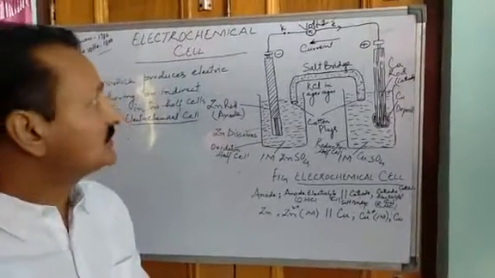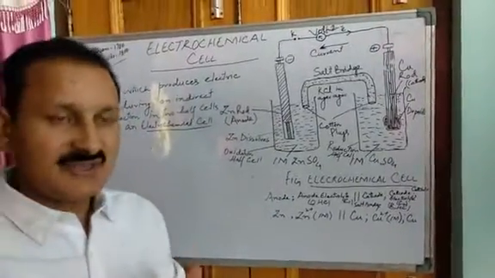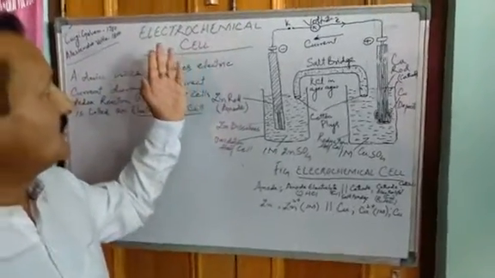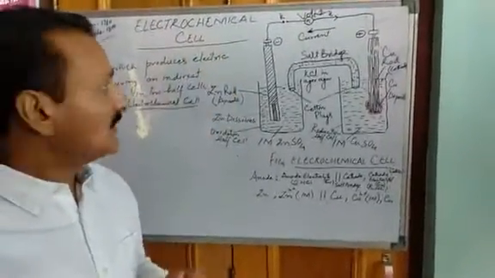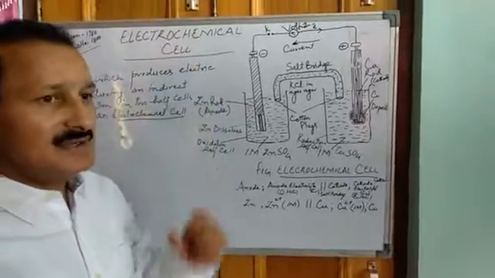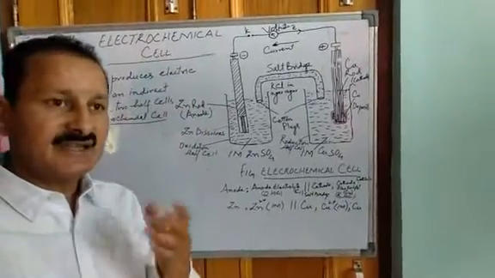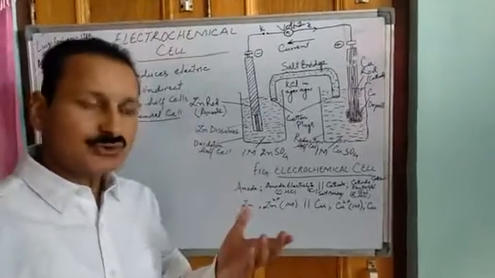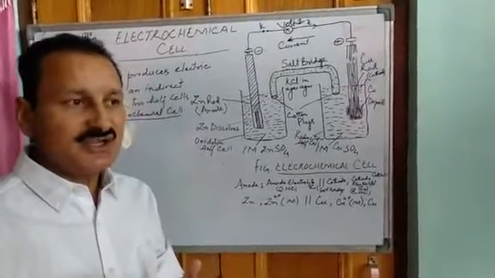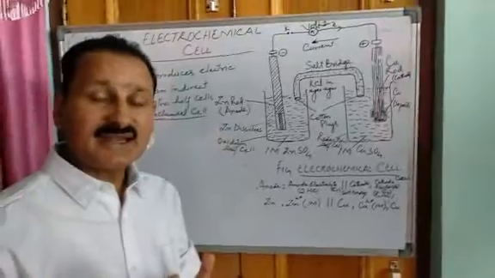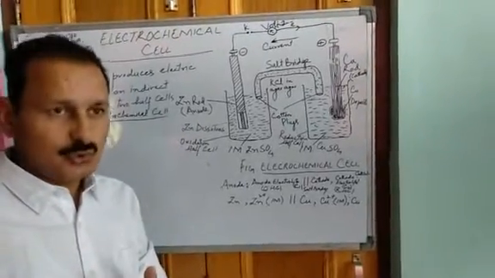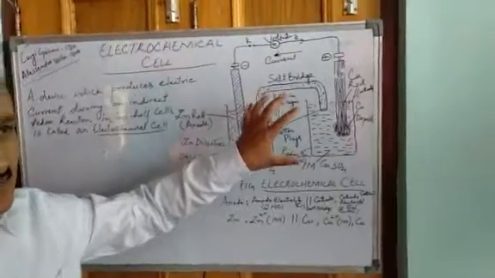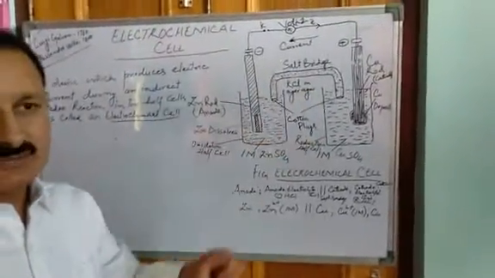Students, for 12th class today, continuing with electrochemistry, we are taking a new topic, that is the electrochemical cell. This electrochemical cell is basically a device. It is an instrument that is used to produce electricity during an indirect redox reaction. So, in this device, in this instrument, an indirect redox reaction takes place.